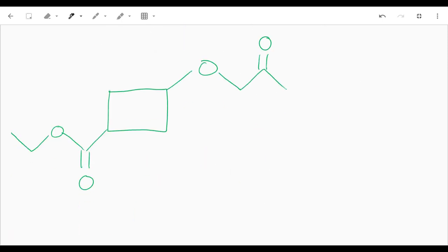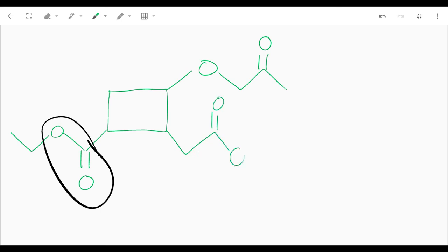Okay, the final thing we want to watch out for is being able to identify esters. This is the ester group here, because we have two oxygens bonded to the same carbon and then a branch coming off of one of those oxygens. Don't let it get confused for your acid groups, like this one here that I just drew in, and don't let it get confused with your ester groups. We haven't dealt with ethers at all, and you don't have to be able to name them, but sometimes diploma questions will ask you